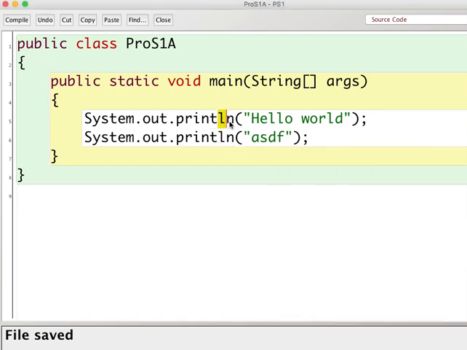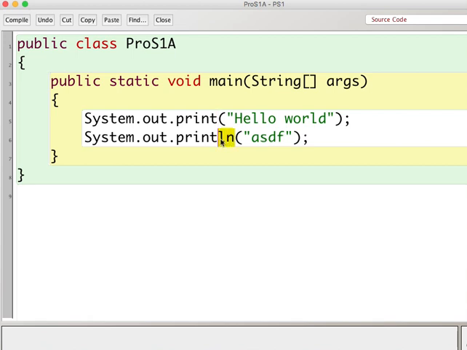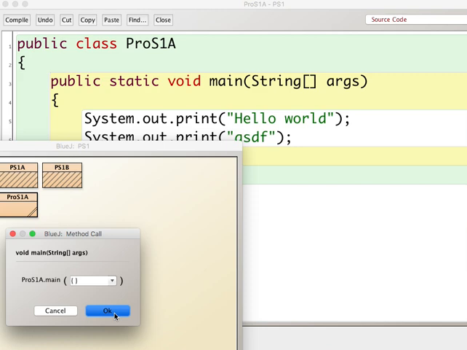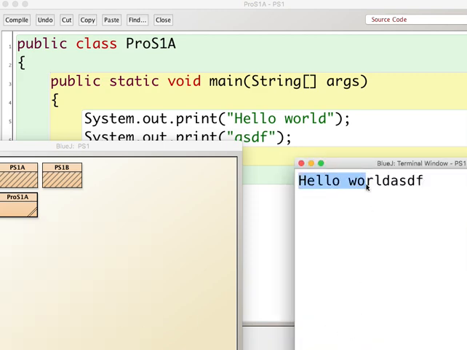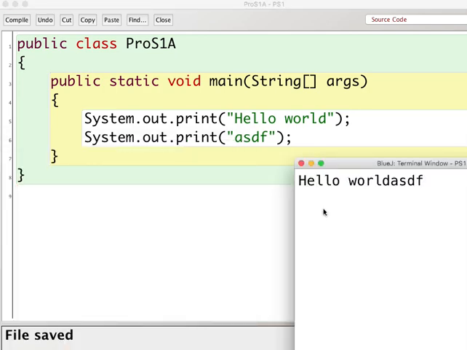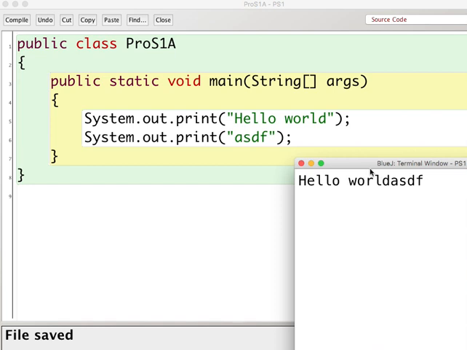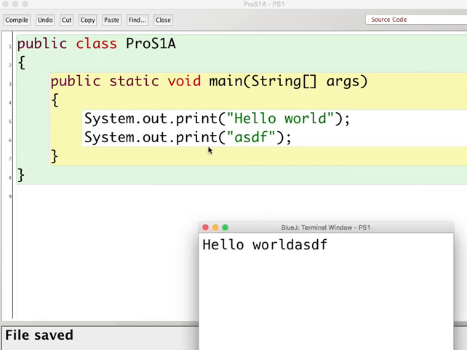But if I do print, just print, then what is that going to do? The cursor's not going to move down a line. It prints out hello world, and the cursor stays right here. And then the second print on line 6 will print out the ASDF, and then the cursor will stay right here, right? So if you're asked to print out text or words or numbers or the contents of a variable on the same line, then you want to use